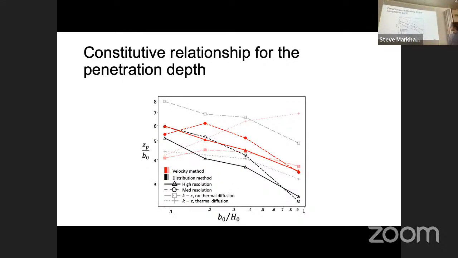And this gives us our results: the penetration depth as a function of size. We're mostly at this stage, because this is the first time anyone's really thought about this problem, interested in the orders of magnitude. And we find what I had mentioned before, that the larger you are relative to the local scale height, the less distance you go relative to your initial size. However, because you're larger, you are bound to propagate further because you are a larger coherent structure in the first place. So when we combine all this together, we come to the conclusion that under realistic storm conditions on Jupiter,